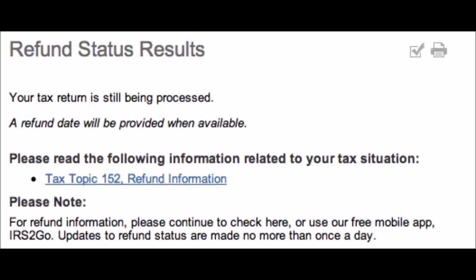Okay, so what this means is now you'll notice that your 21-day message has disappeared and your refund amount has disappeared, as well as your bars. They can no longer guarantee that they'll be able to get you that refund within 21 days. That's why they take that message away. Why can't they guarantee? Because at this point, your return needs to be manually reviewed before it can go any further. A human being is going to have to take your return, look it over, make sure everything's correct, and then if everything's good, they'll send it on. If not, it's going to go in for further review. But it has to be checked by a person before it can be